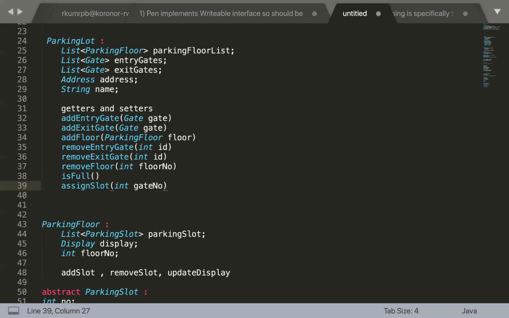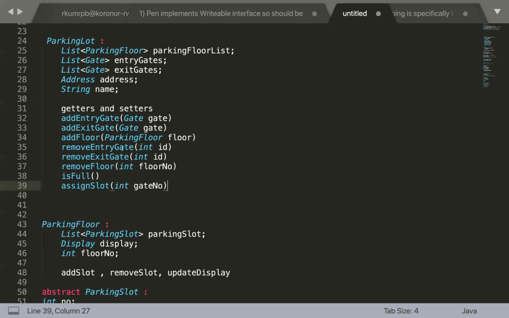And now here is one thing: if you are going to talk about the assignment, assignment in itself is a complex thing, right? Probably there will be multiple factors for calculating the assignment. Some of the initial requirement is to calculate the absolute distance of x and y and just return that slot, the nearest slot. Sometimes some folks change the requirement and say, hey, I have created a lift at so and so places, and I want to assign the slots near to the lift first. The requirement itself changed, right? So in this case, what we can do is abstract out the entire assignment logic to some other class, which will have the responsibility of assigning the slot.